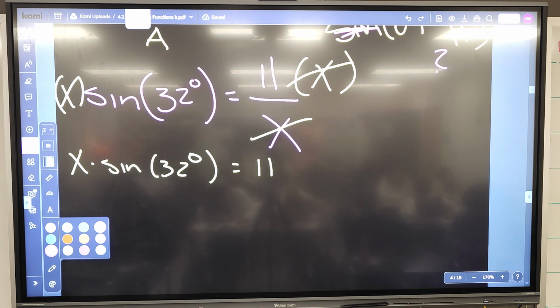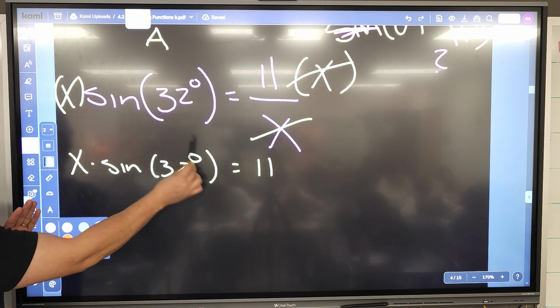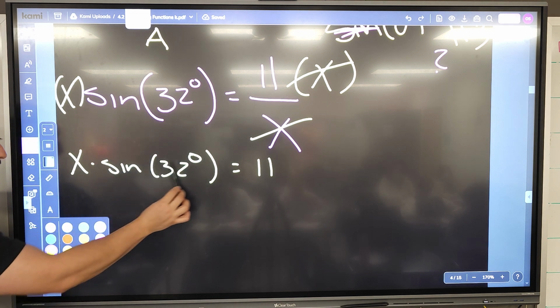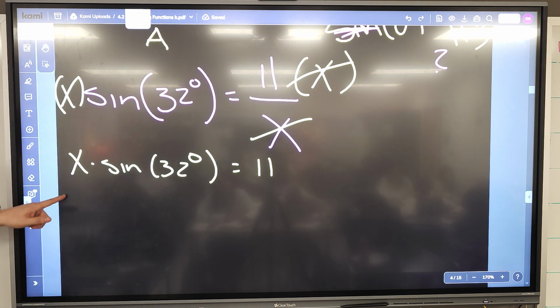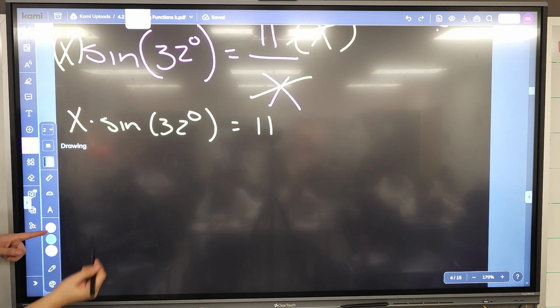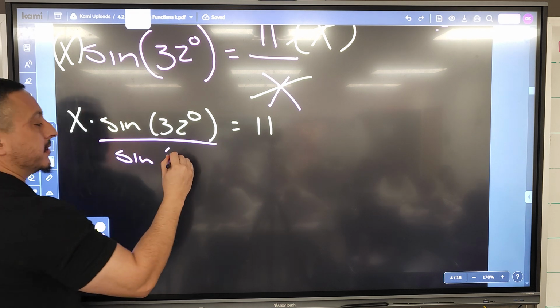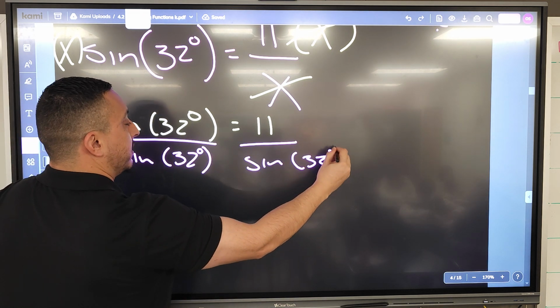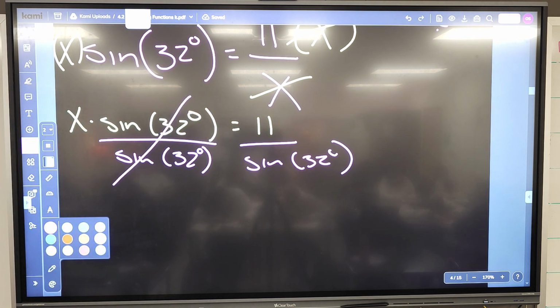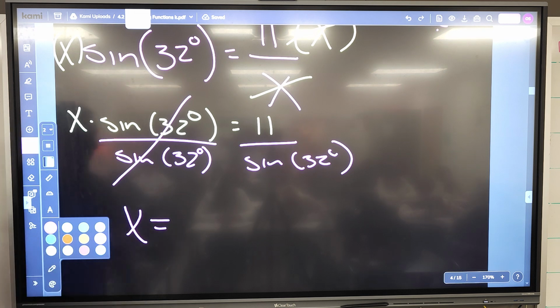Now I'm solving for X still, right? Sine 32 is just the number. So how do I get rid of sine 32 so that I have the X by itself? Divide. Because it's being multiplied, right? So I divide by sine 32. What I do to one side, I do to the other side. And there it is. There's X by itself. So I'm done. You just let the calculator do the rest of that part. So just do 11 divided by sine 32. It's already in degree mode from the last time. You don't have to research it. X equals